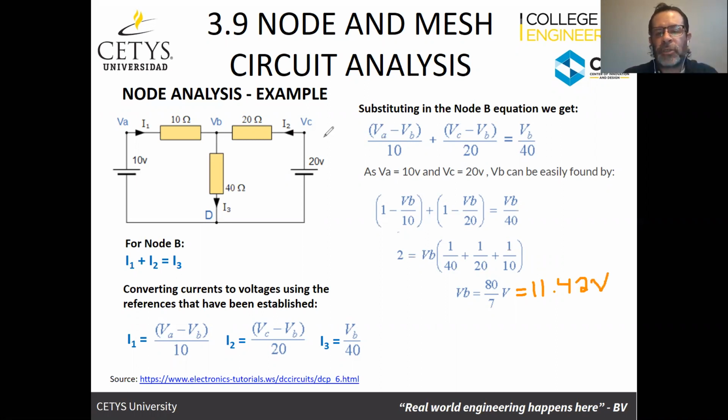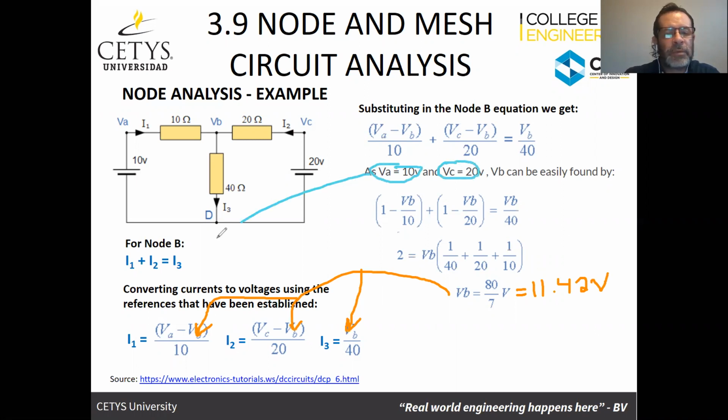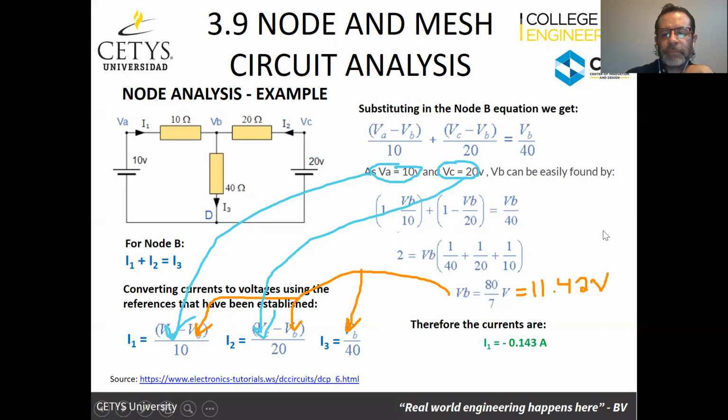Substituting this here, here, and here, and also taking these values that I already found, this one and this one, and substituting them here and here, I can find the values of the three currents,